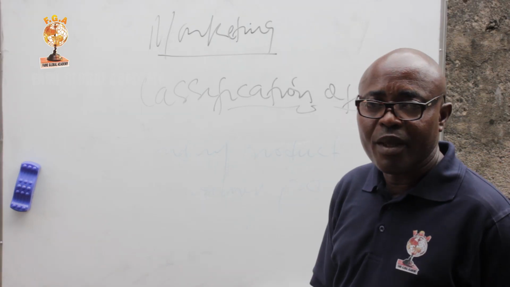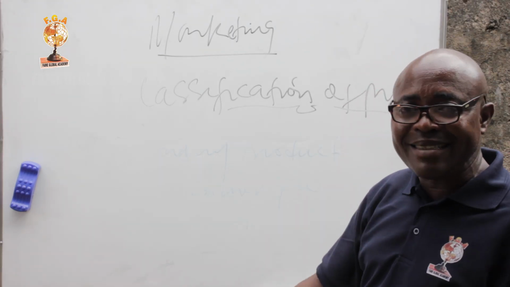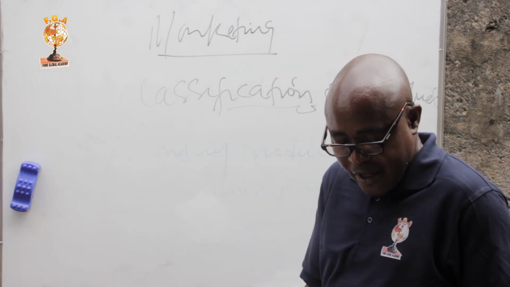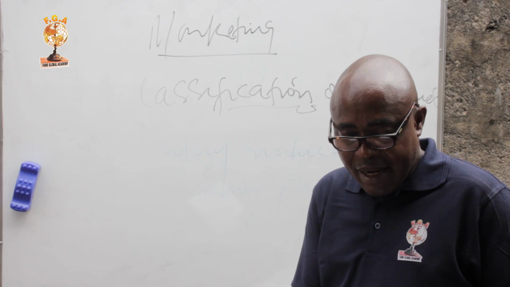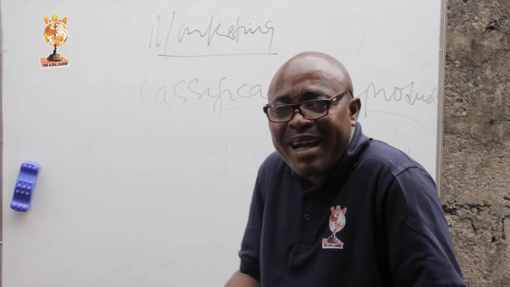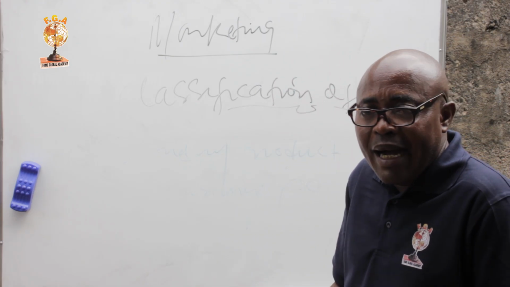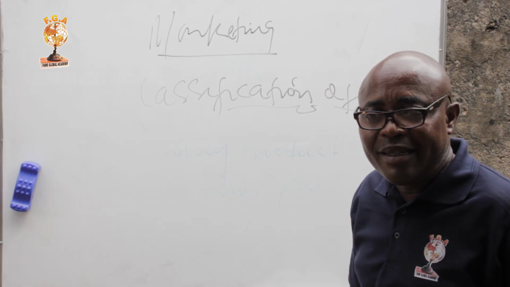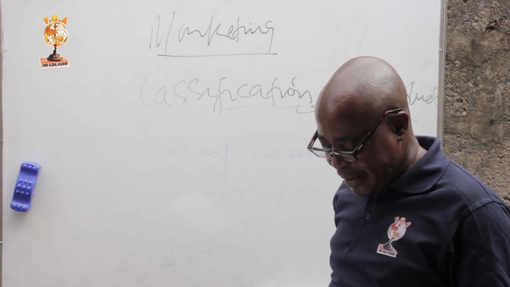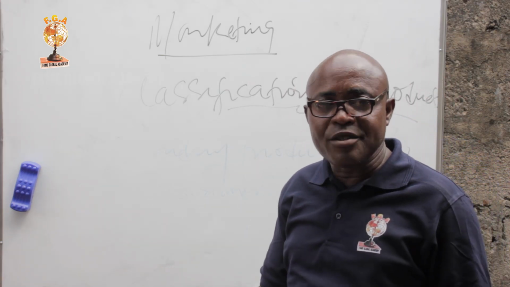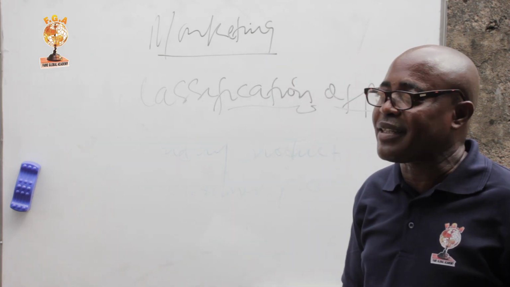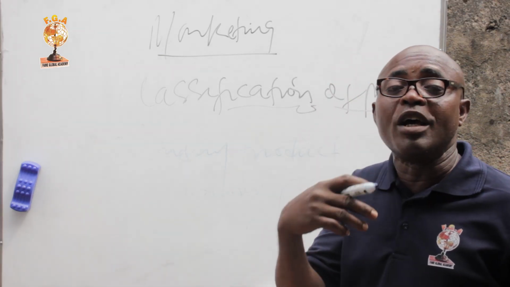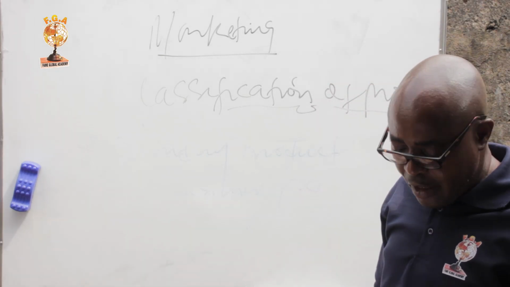So here you have the one referred to as what? Tin tomatoes. These tin tomatoes have graduated from the primary raw state to the secondary, and are now packaged together into a tin. Tin tomatoes can stay as long as possible, though they have an expiring date. Then gari and the rest of them are equally inside what we refer to as consumer goods. Consumer goods are goods that you eventually consume on a daily basis.